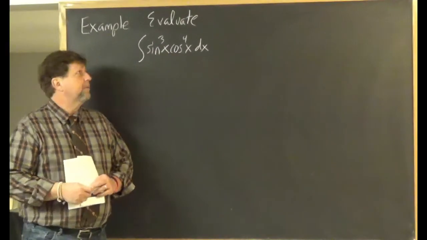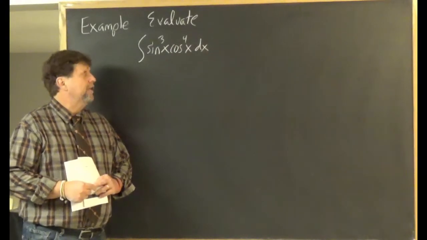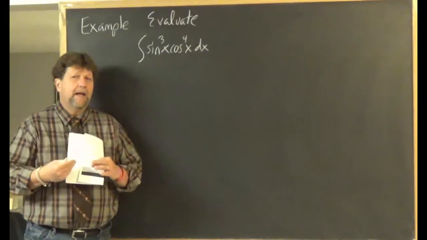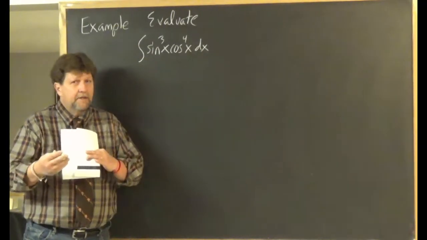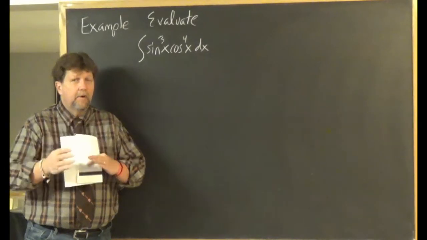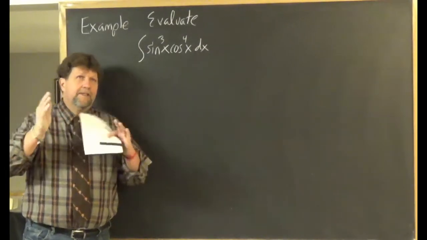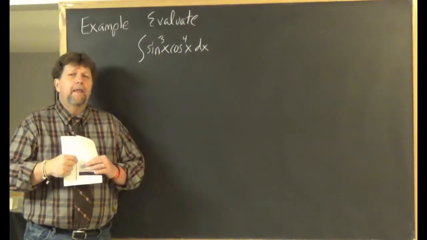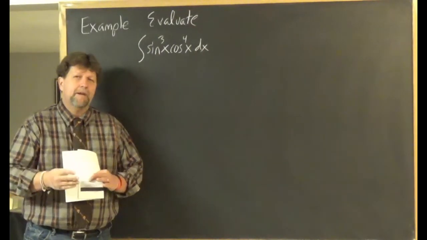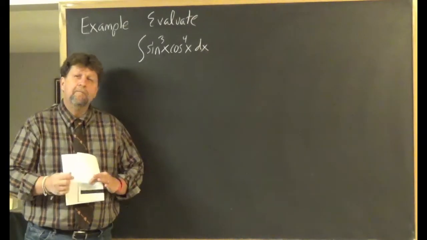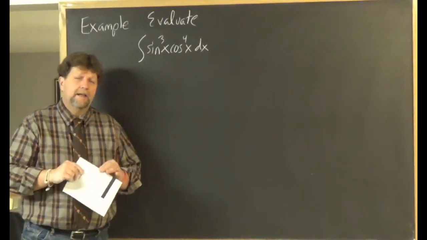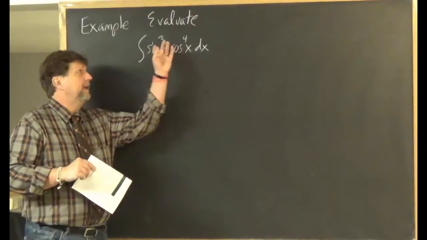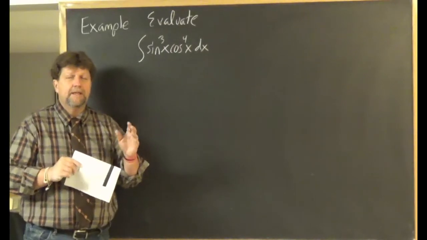Hi folks, in this example we're going to integrate sine cubed x cosine to the 4th x dx. I've just given you some guidelines, and those guidelines are rock solid. They work. They tell you what to do, like if m is odd, n is even, stuff like that. Here's what's really happening, and those guidelines are fine. When I see an integral, and my integrand involves sine and cosine with different exponents in there,